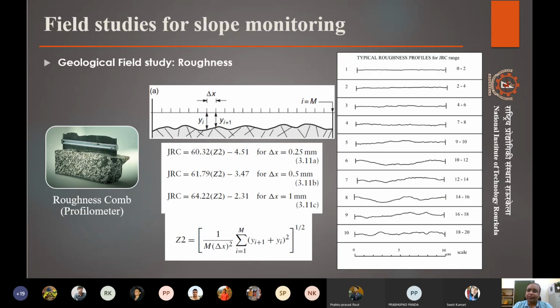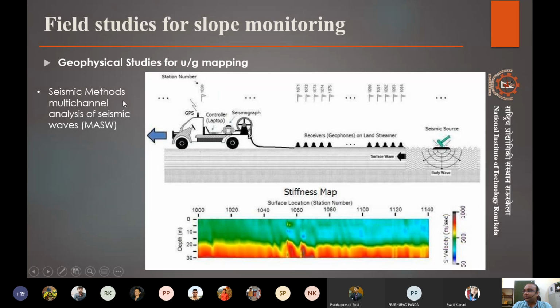Now, we will also discuss that. But before doing that, I want you to be familiar with more advanced options that are available today. Those are called geophysical studies. Now, geophysical studies, what are these? These basically use the physical properties of a rock, and using those physical properties, find out what is inside, right?